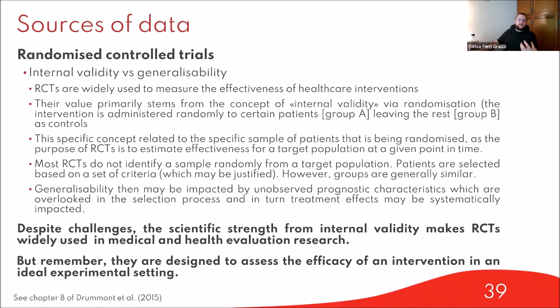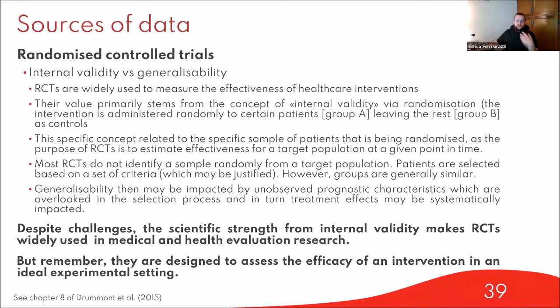Their value comes primarily from that concept, internal validity, and that stems directly from the randomization of the assignment of treatment. That is, the population of interest is split in two groups: A, receiving the treatment, our treatment group, and B, receiving the placebo, our controls. Now, the assignment of treatment is completely random. No one decides who to give it to, and the treatment is not assigned according to any criteria. It's just simply random. This gives high internal validity because it's not based on any patient characteristics or any observable outcome,